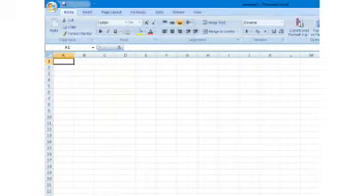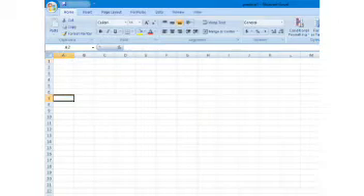Now we will learn how to use a name box to locate a cell. For using the name box, you might be knowing where the name box is. Here where I am putting the cursor, this is the name box. It shows us where we want to add some text or data. It will show the address of that particular cell.